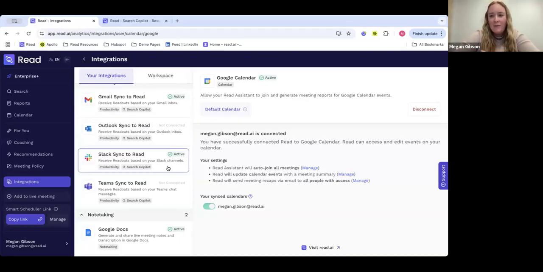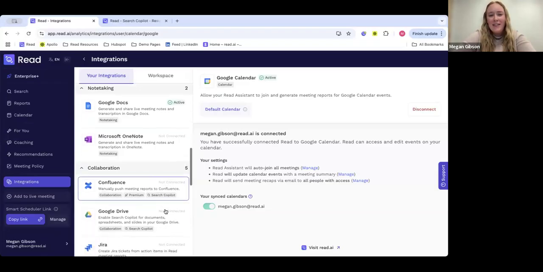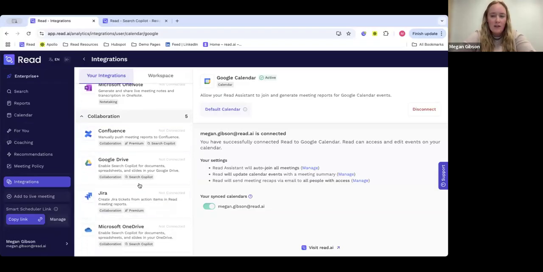We use Slack over here, and one of my favorite things about this integration is that I will get pre-reads for meetings, and it'll send me any recurring meeting about an hour before. It'll give me a brief update of what happened during the last meeting and any action items that I have. So that saves me a lot of time so I don't have to try to go search for the meeting and figure out what I needed to do. And the great thing, yeah, the more tools that you integrate Read with, the more you're able to use our new Search Copilot tool, Sienna kind of mentioned, just to search across all the information you have in Read.